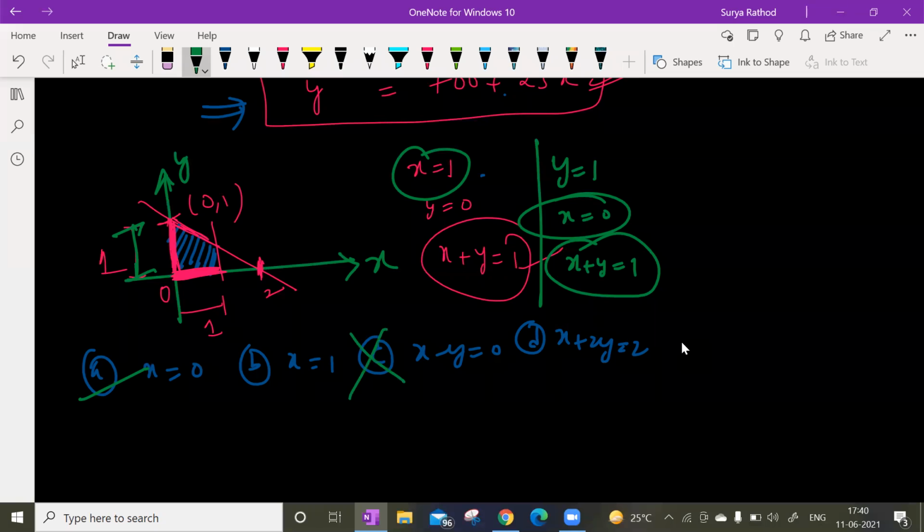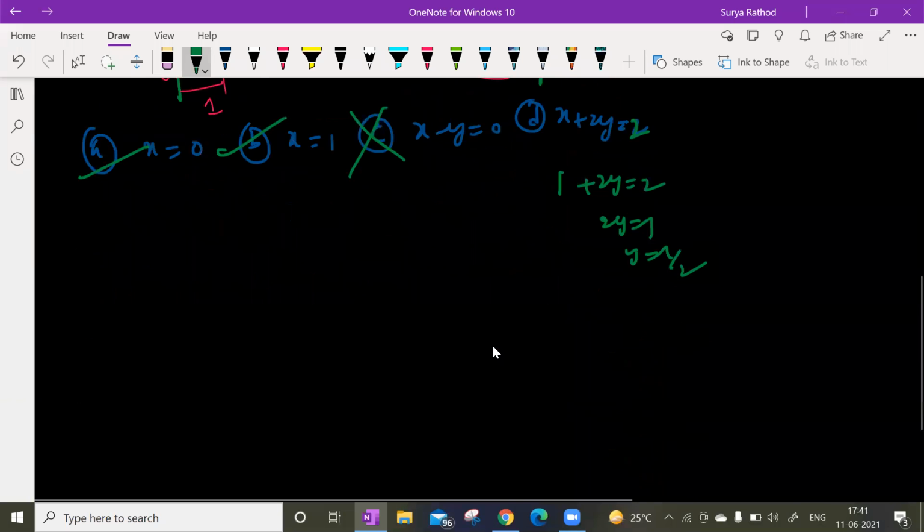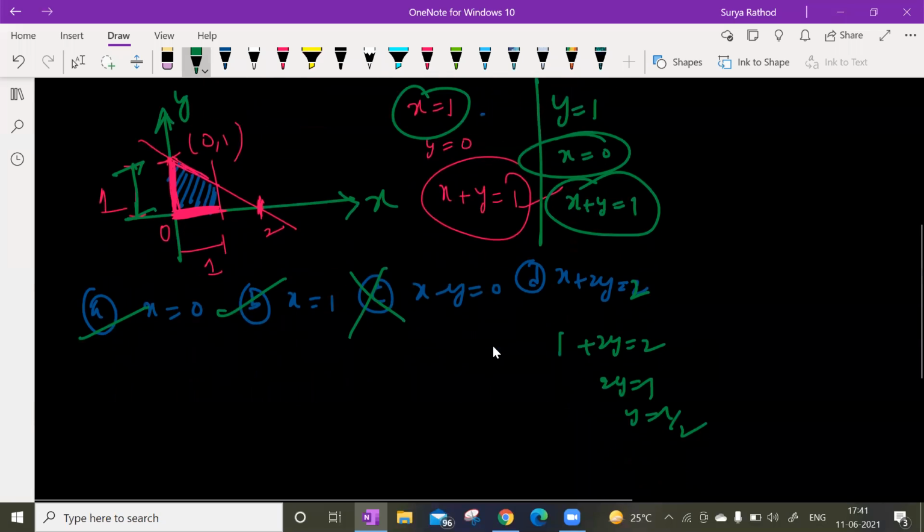Then, sir, for this, what should we take as x and y? Look at this here. You can take for both things. If you take x as 1, what is going to be 2, right? What is going to be my y? y is going to be 1 by 2, isn't it? x is going to be y.